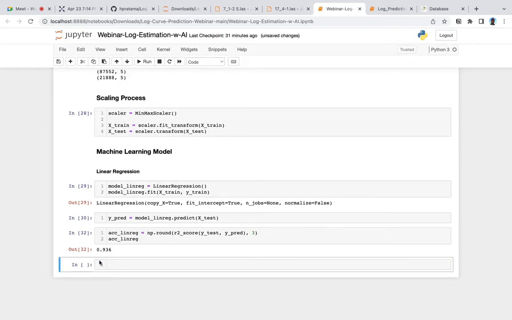So this one is for linear regression. We do the same for the decision tree.